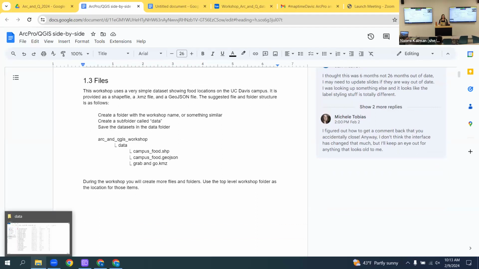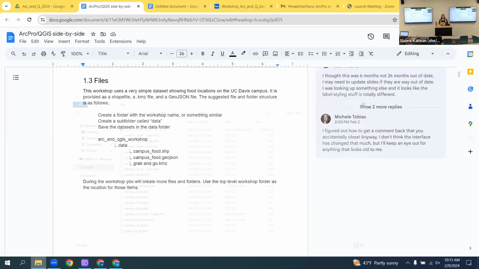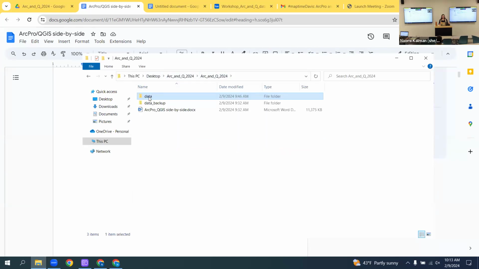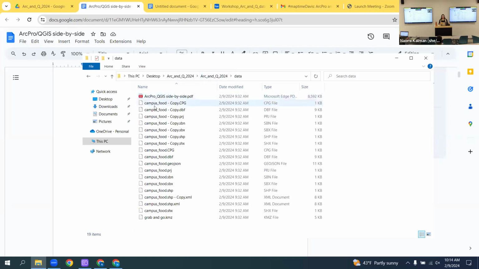If you are going to play along in Arc, Arc's going to make a lot of files and folders for you, so you'll need a place to put them. If you're going to be following along in Arc, make yourself a folder or place to save all your Arc stuff. This is what mine looks like. I put it on the desktop, and then I accidentally did it too much. So I have my Arc NQ 2024 folder, and in there is the data, and that's got,